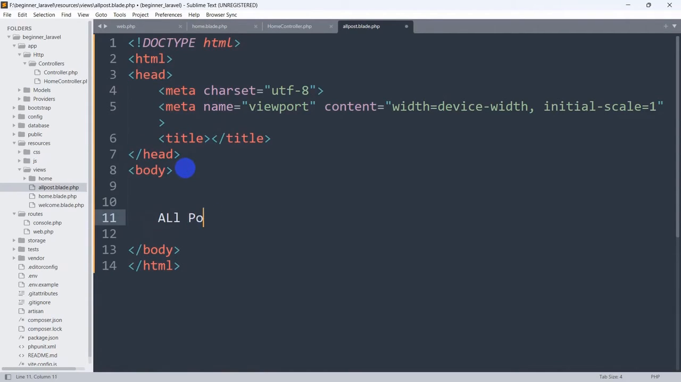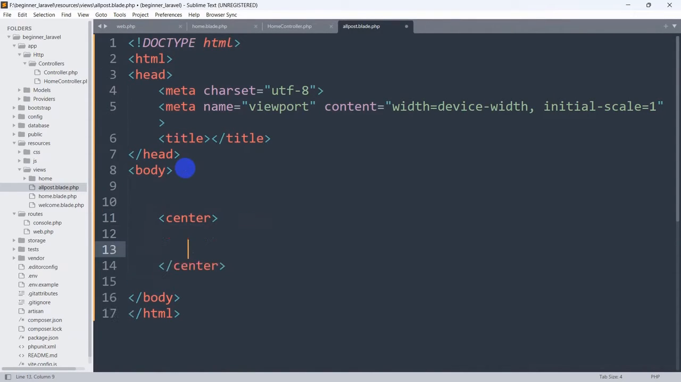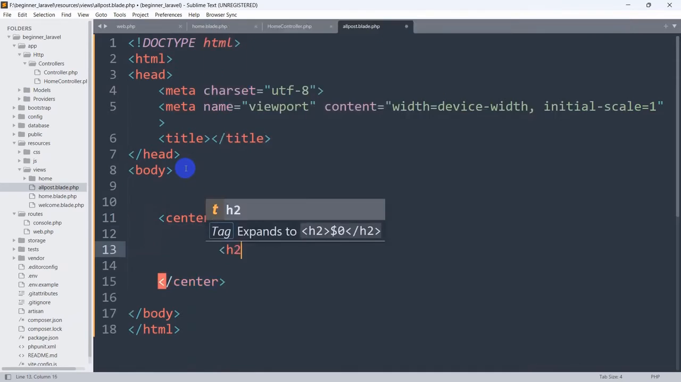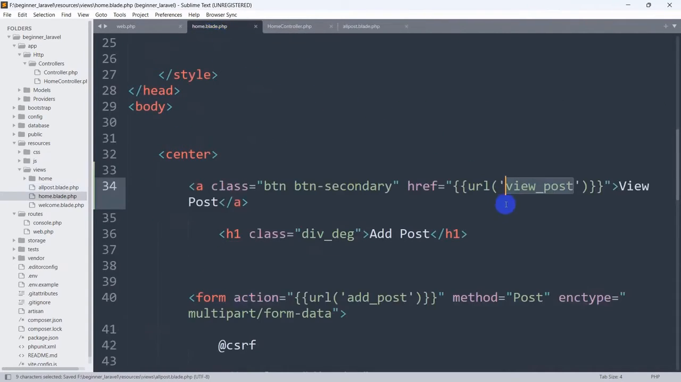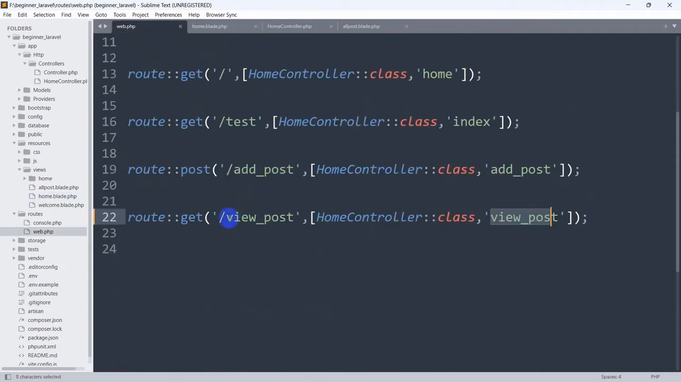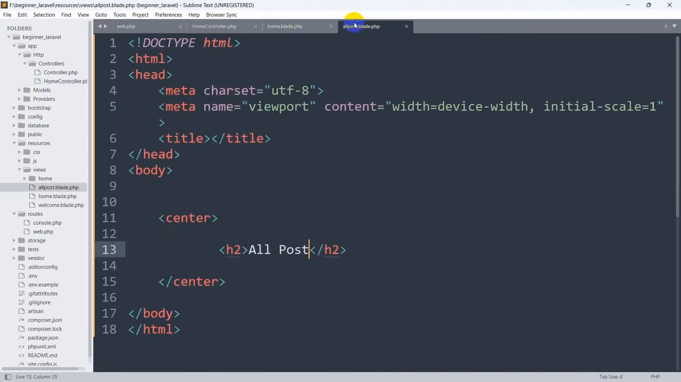So here let me just write simple HTML, and in the body we're going to say all post. Let me add the center tag, and in this center tag we are going to say h2, then all post. So right now let's save, and what will happen is that whenever someone clicks on this button, view post, it will call this URL view_post, and our view_post URL will call the home controller view_post function, and this function will